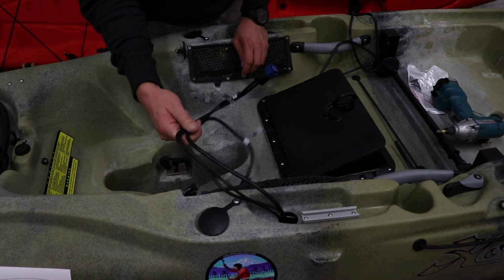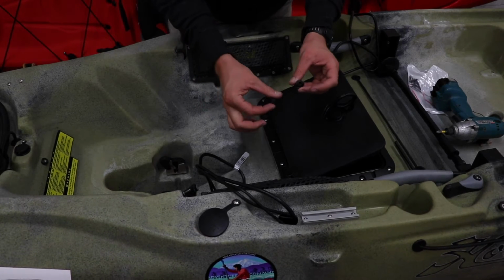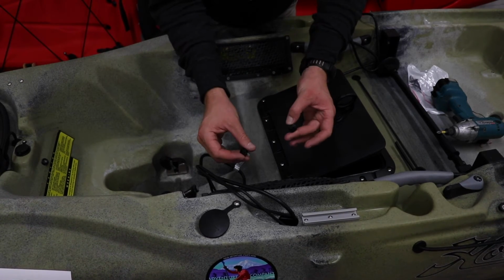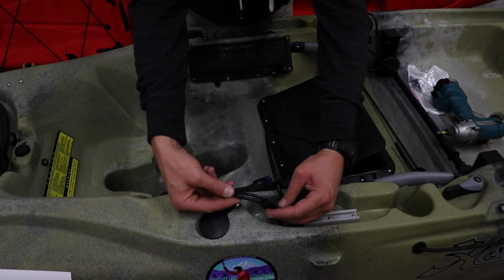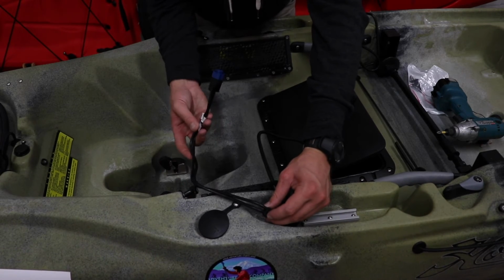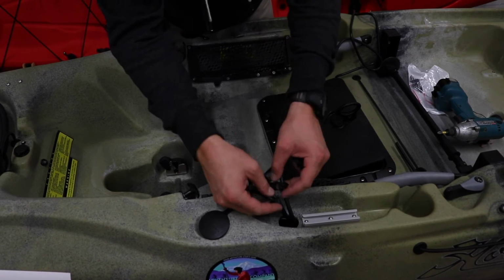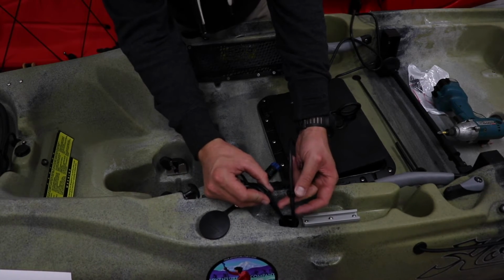Now that we have our wires run, what we're gonna do is find the grommets for our through-hole fitting that fit your transducer wire and your power wire this time. Now, depending on your fish finder, your power wire may have 1 or 2 wires coming out of your plug. Now that you've picked out your grommets that fit around your transducer wire and your power wire, we're gonna go